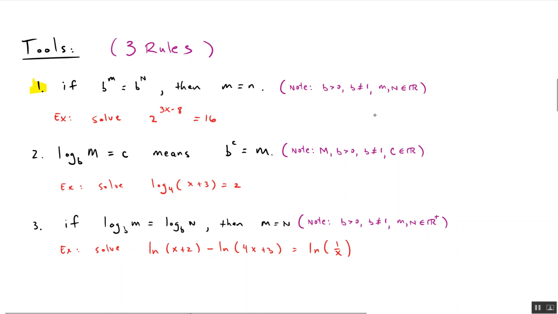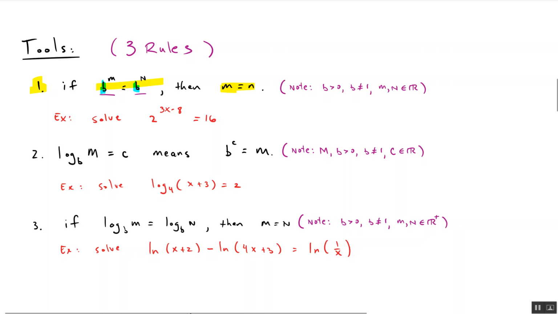Rule number 1. If b to the m equals b to the n, then m and n are equal. What it's saying is if we have 2 exponentials, the first exponential is b to the m, and the second exponential is b to the n. Notice the b is the same on each of these. The base is the same. So if you've got two exponentials set equal to each other, and their base is the same,